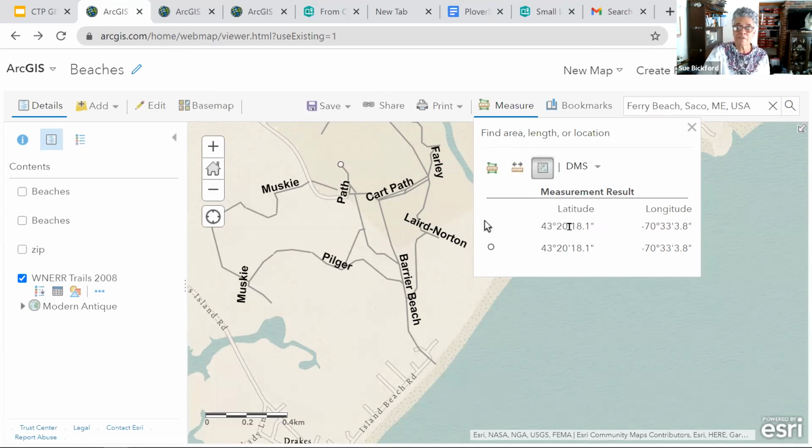This form of latitude and longitude is really hard to work with in GIS. If you have digital degrees, you can have a whole column of latitudes in an Excel spreadsheet and a whole column of longitudes. And you can save that as something called a CSV, which is a type of Excel. And you can literally take that CSV and drag it on top of your map, and it will populate the map with your latitudes and longitudes